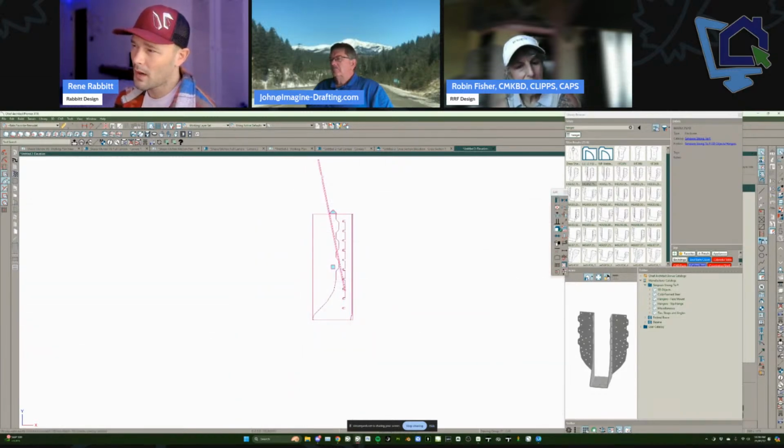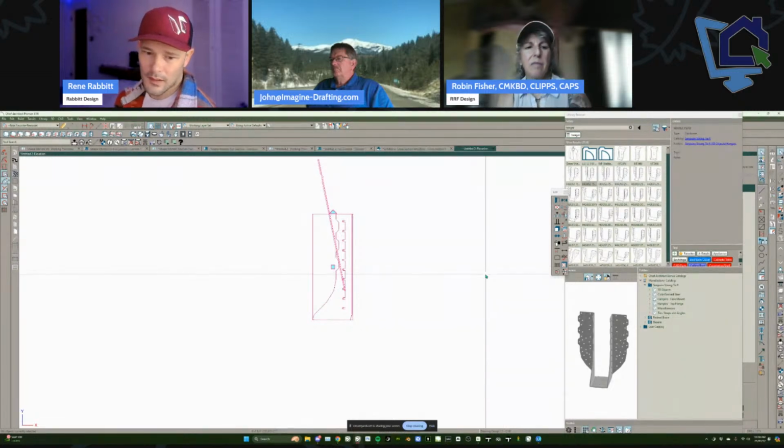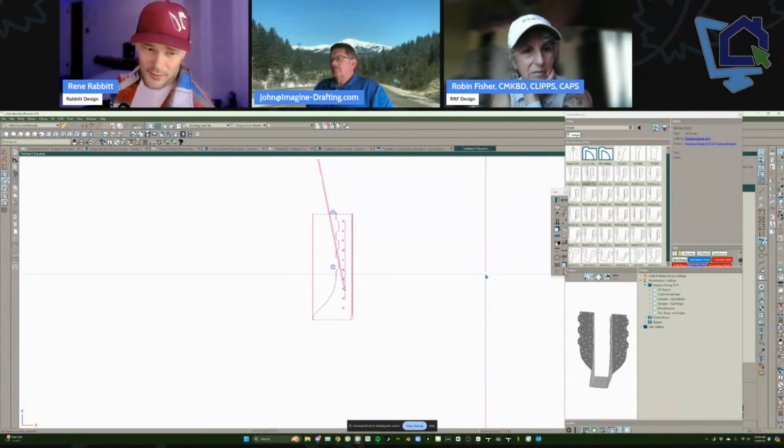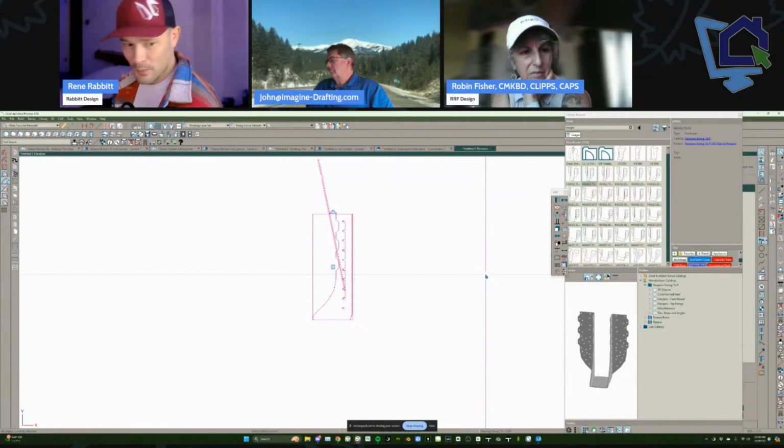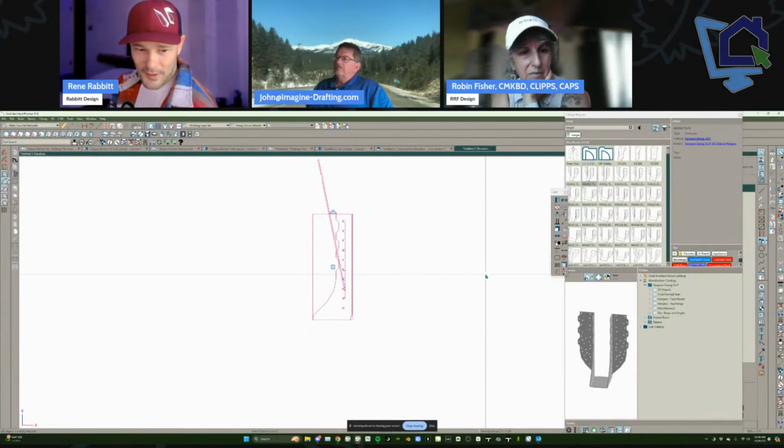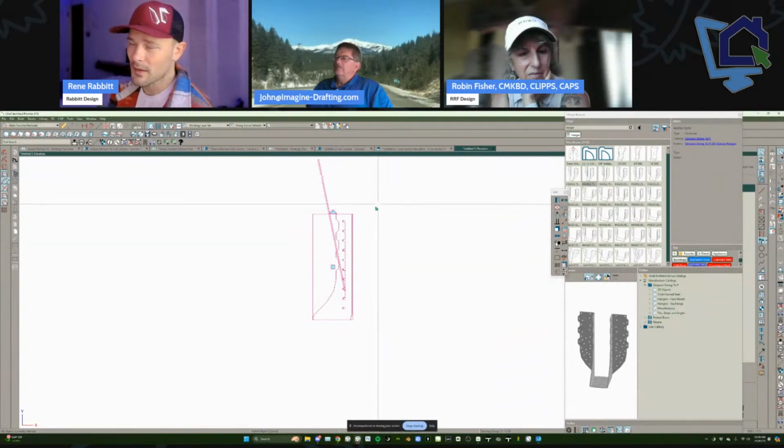Keep in mind when you block this, try to keep that on some kind of a default layer, because if you put it on a custom layer and you put a block within another block within another block, it's a little bit messy if you've got custom layers going on. So